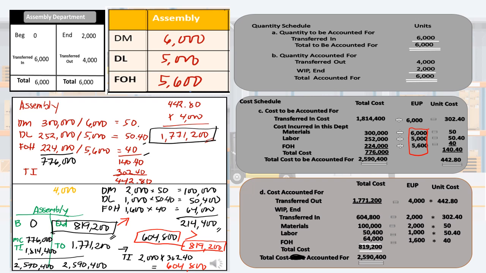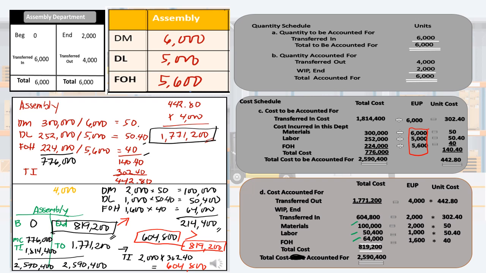So, kay materials, we have 100,000. Kay labor, we have 5,400. Then, kay factory overhead, we have 64,000. So, i-add lang po natin yung total niyan. So, ang total cost natin ay 819,200 plus the transferred out